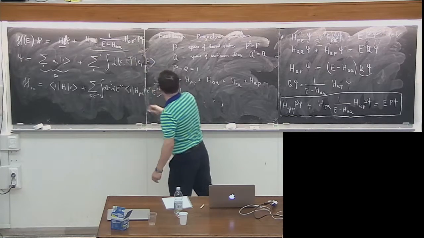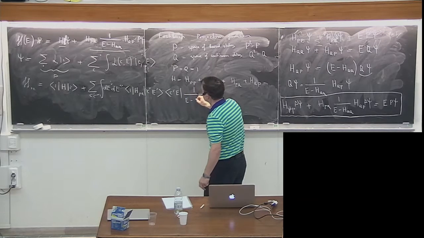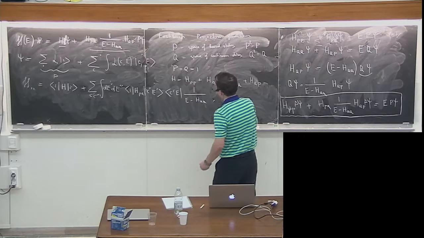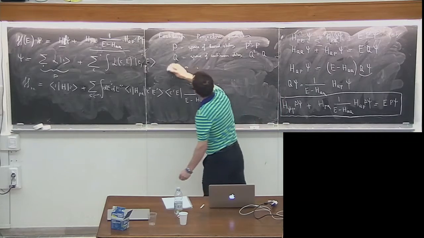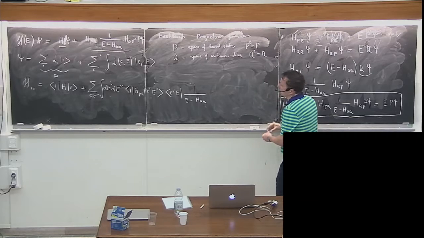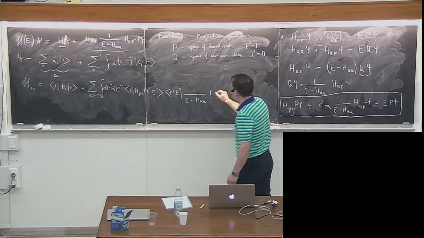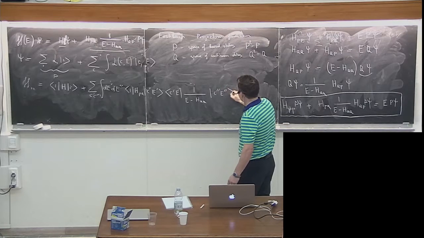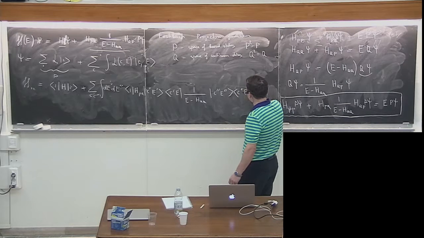And then here I have my 1 over E minus H Q Q. Should probably erase some more to clear up space here for you to see this expression better. And then I have another projector on the other side, so this is C double prime, E double prime, and then here C double prime, E double prime,